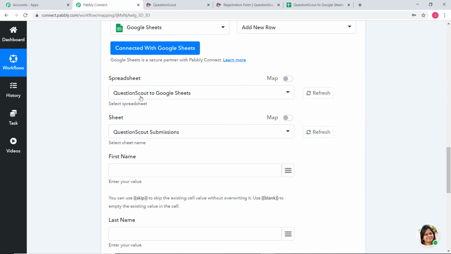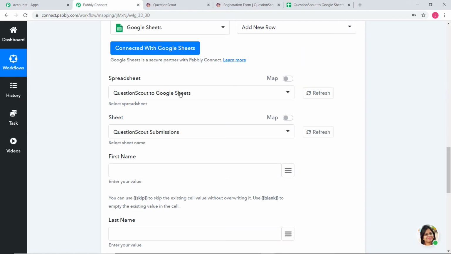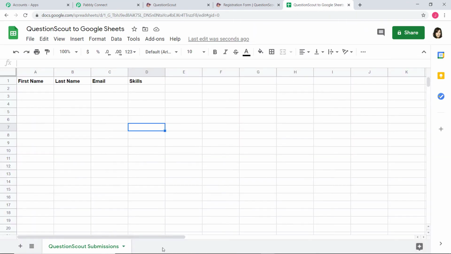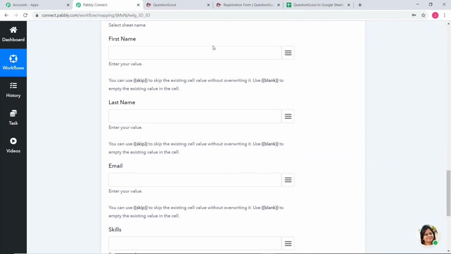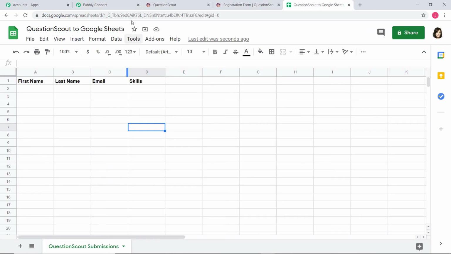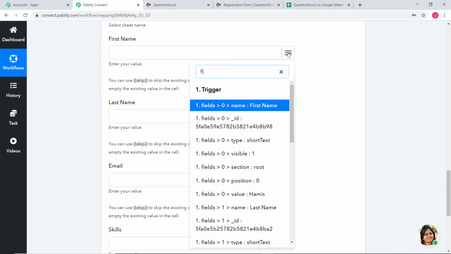You can see the spreadsheet name was Questionscout to Google Sheets. Same has been mapped over here. Whereas my sheet name was Questionscout Submissions. Same has been mapped over here. Okay, first name. So now all these fields are the same fields that we created in our Google Sheet. So now I'm just going to map the details. First name,